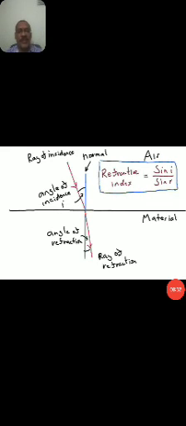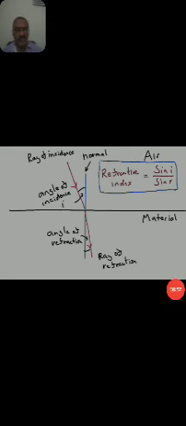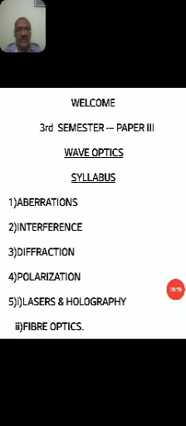Based on the properties of the angle of incidence and angle of refraction, from the diagram, the new property of light is called the refractive index, which is equal to the sine of the angle of incidence divided by the sine of the angle of refraction. That means mu is sine I by sine r, where I and r are the angle of incidence and the angle of refraction. So these are the general properties of light and also the general basics about lenses and optics.